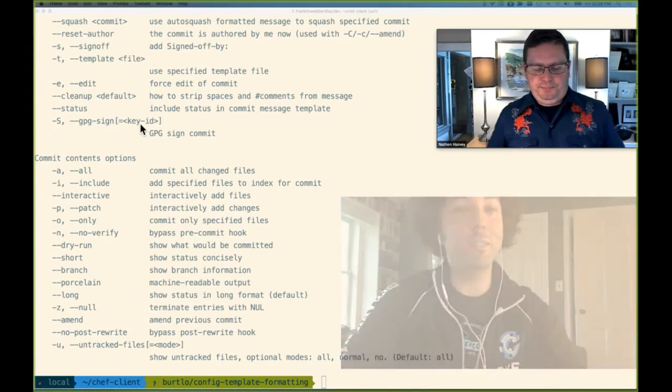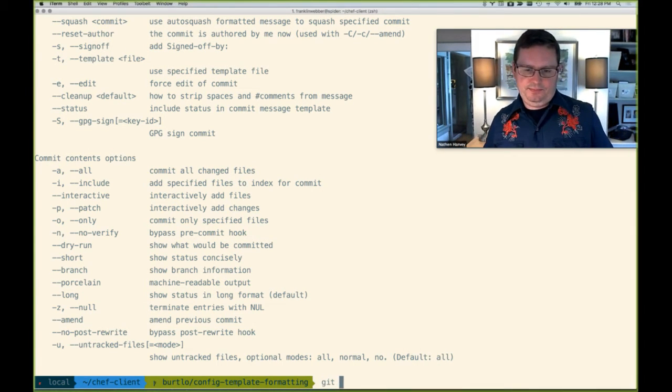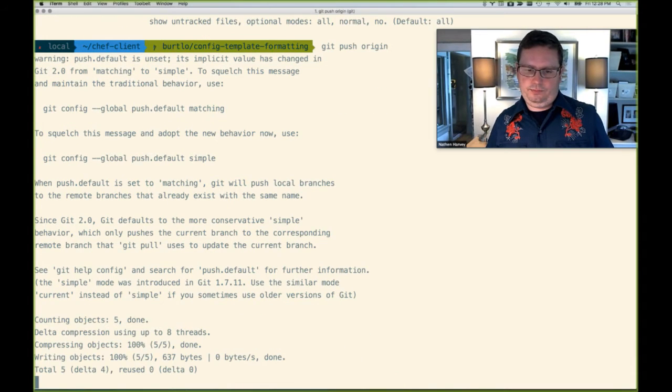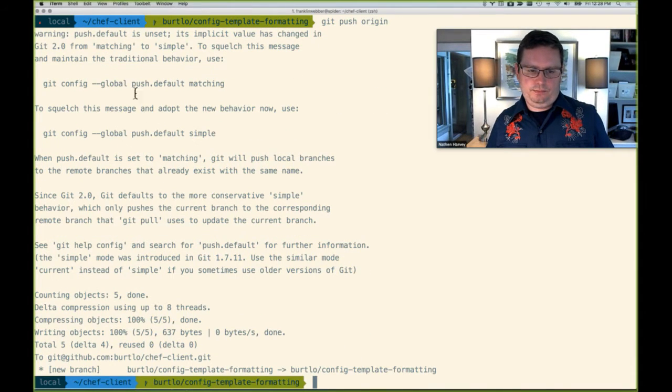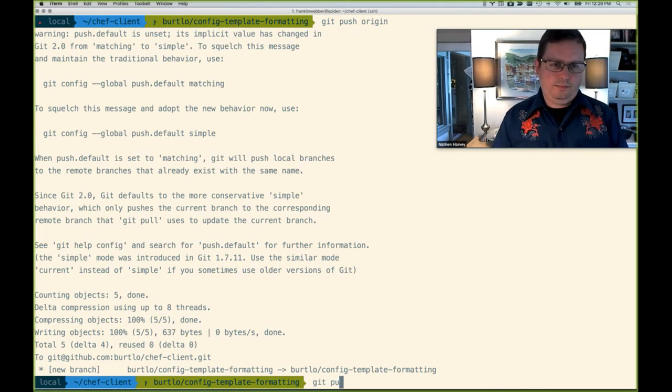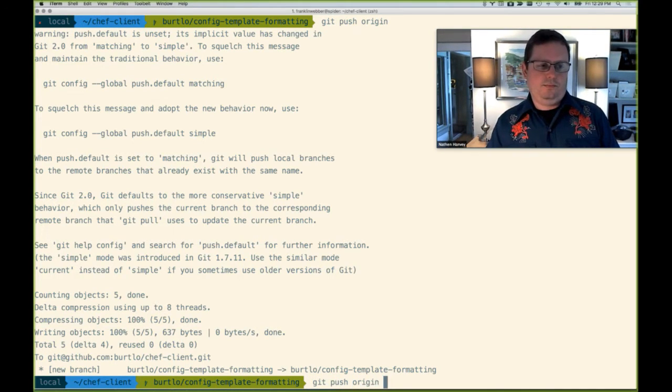All right. Let's now push this up. So I'm going to do a git push origin. That's going to tell me, hey, you probably should set up a real location. When you say git push origin, that's kind of the gist of this: it chose a behavior on its own. It's like, hey, I did create the branch name for you, but really I could have gotten rid of that warning message if I pushed up git push origin